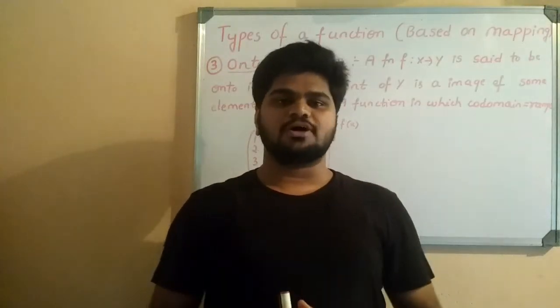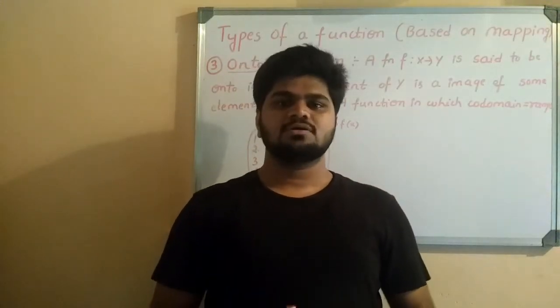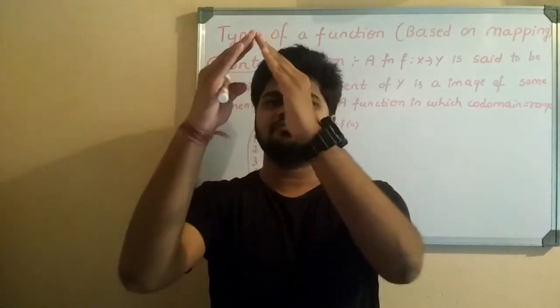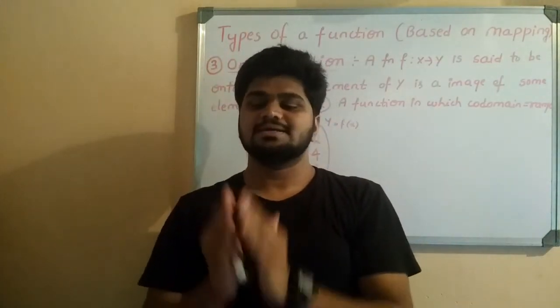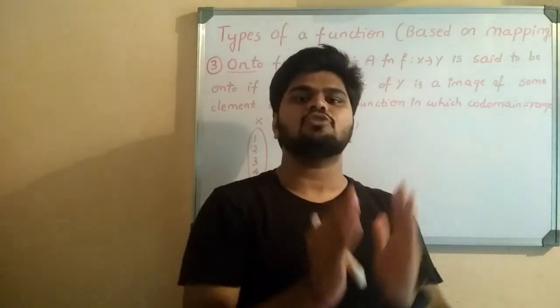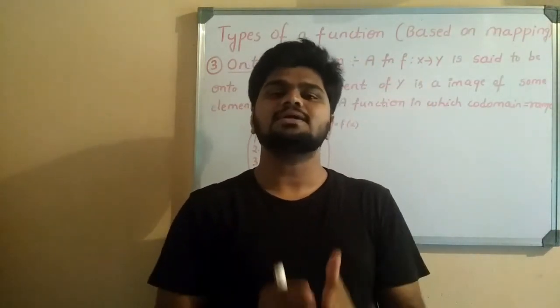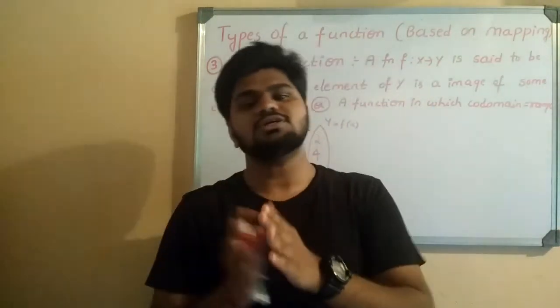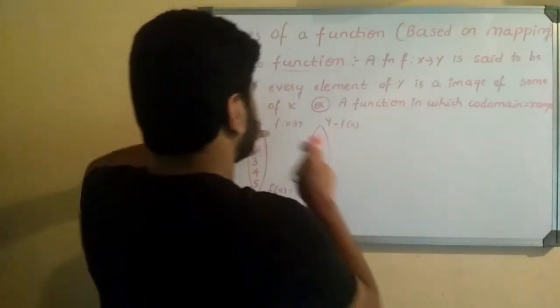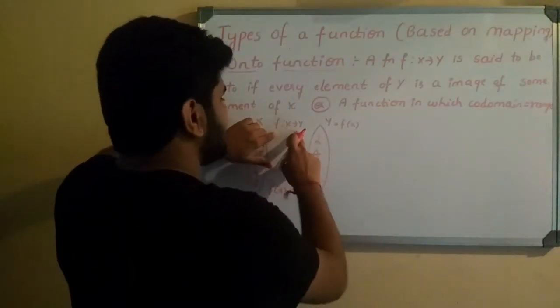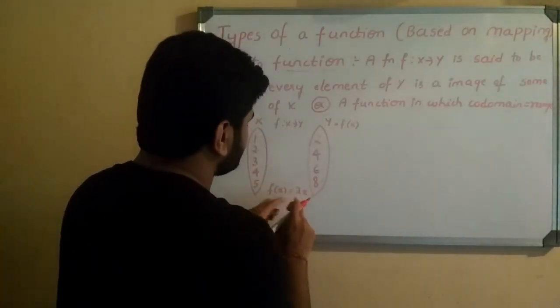So the next type of function is the onto function. Onto function means every element of y is the image of some element of x. It is nothing but the codomain should be equal to the range. If you take the mapping f from x to y, where the function is defined to be f of x